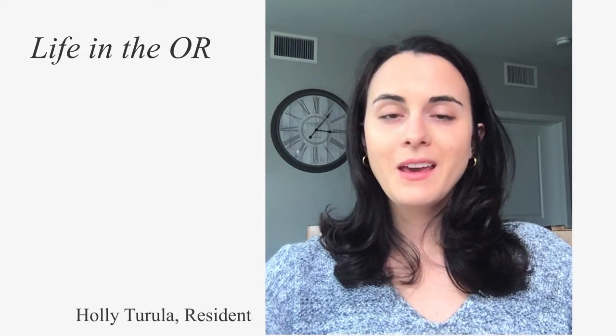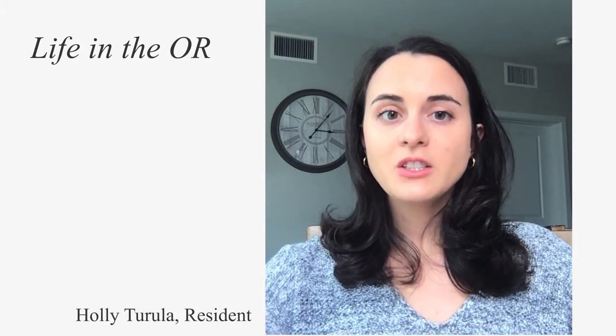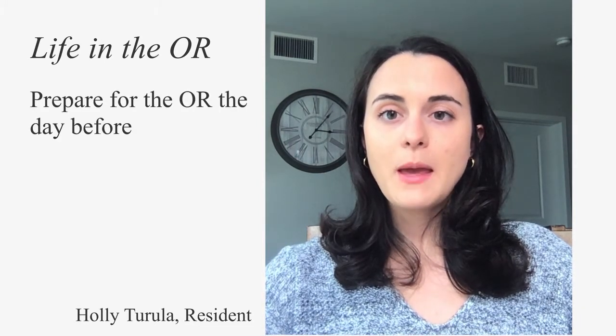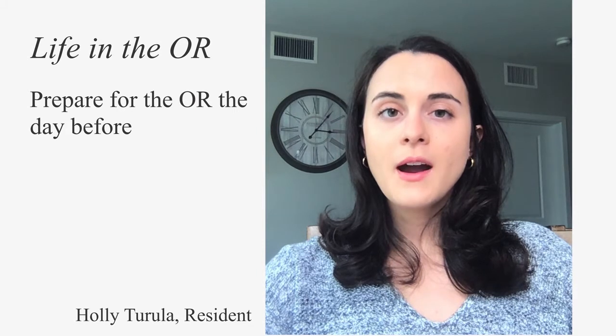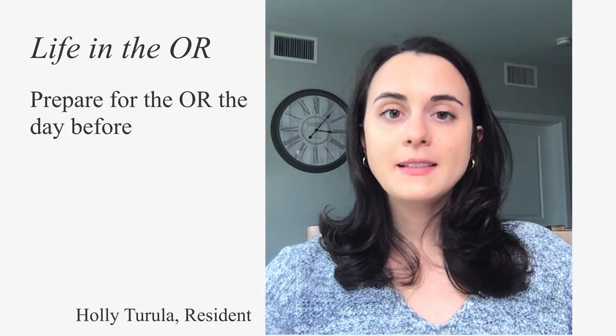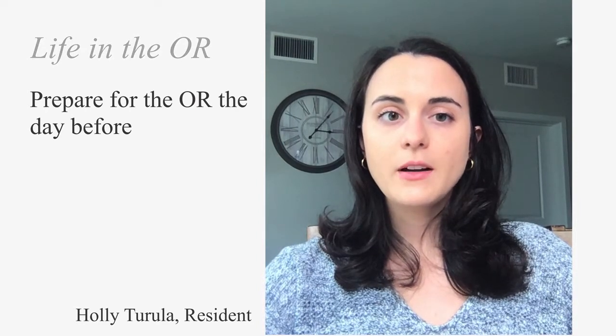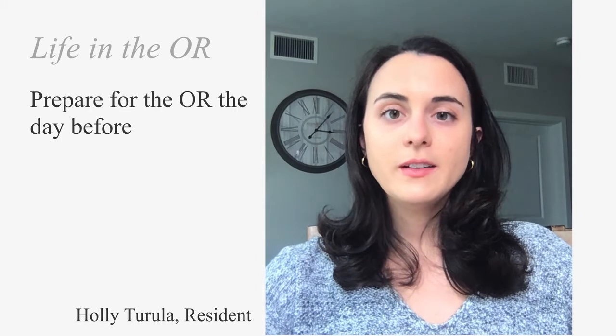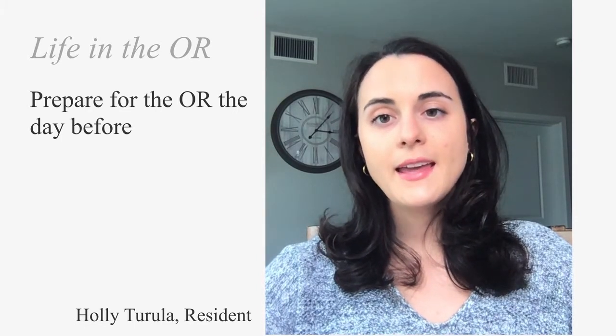Working in the operating room has a particular flow to it that you get used to very quickly. Getting ready for the OR actually starts the day before, when the OR assignments are posted around 3 p.m. You look up which OR and attending you are working with the next day, then chart review your patient's medical history and anesthesia record. After you develop an anesthesia plan, you call your attending to discuss the plan and educational